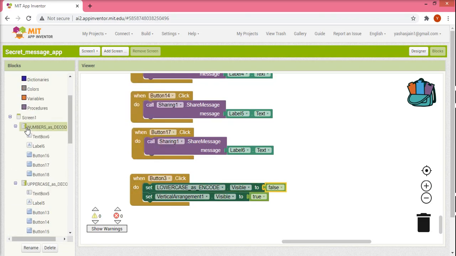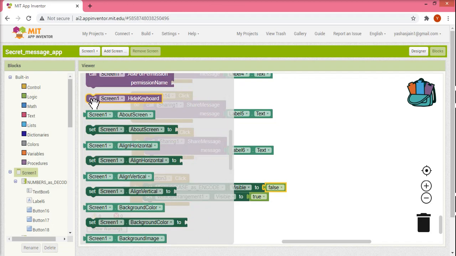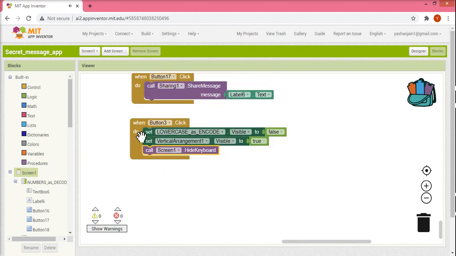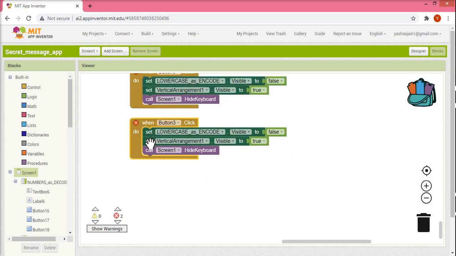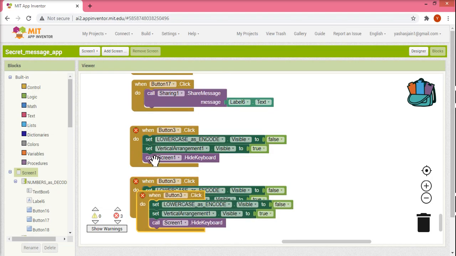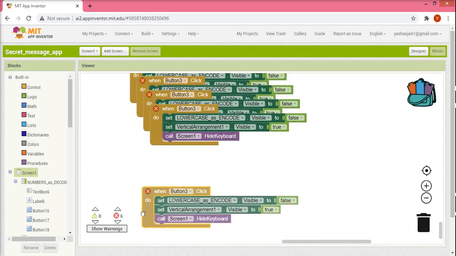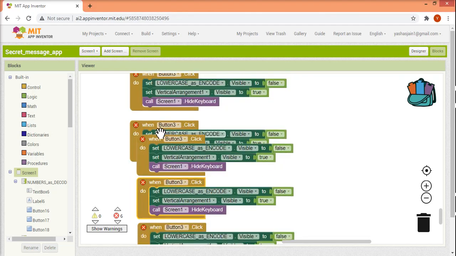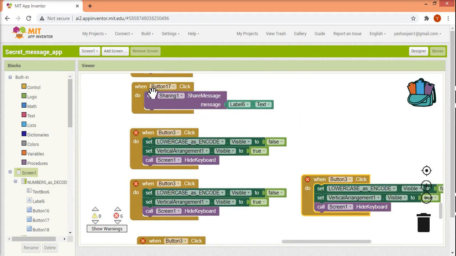Okay, so I would make another change in screen 1. You would find an option to call screen1.hide keyboard. So if you click back and your keyboard is still visible, it would disable your keyboard. So this is a nice thing which you can do, and then just copy it 6 times: 1, 2, 3, 4, 5, 6. Okay, 6 times, and then just arrange them. You may also not arrange them, it would not cause any inconvenience to your app, but for your better understanding,